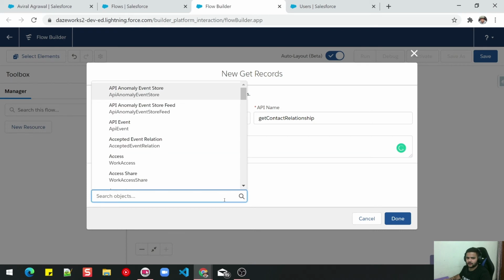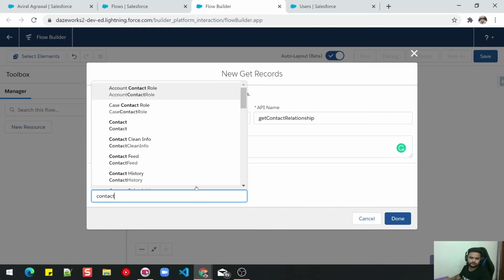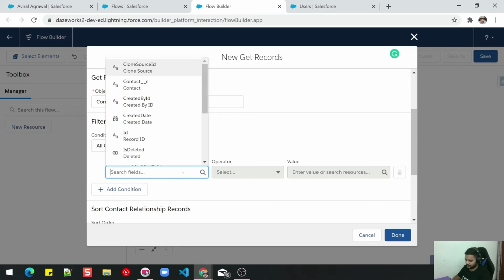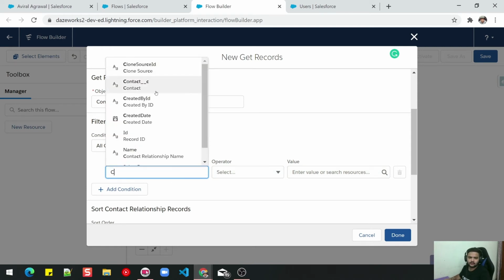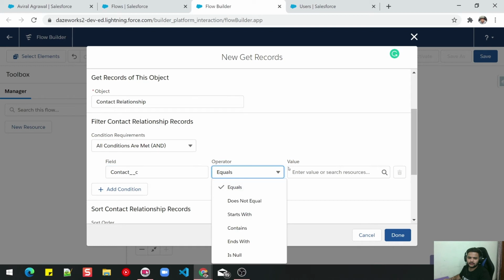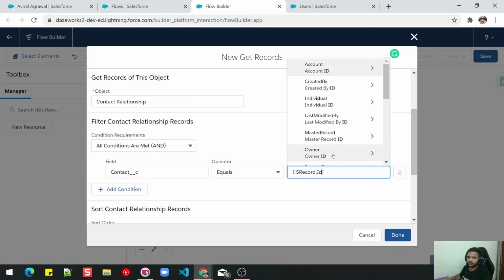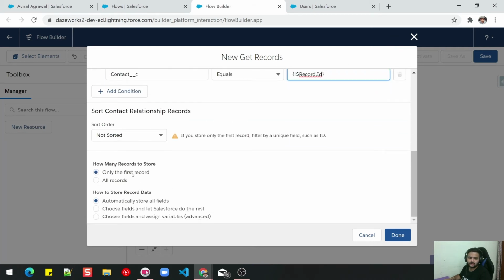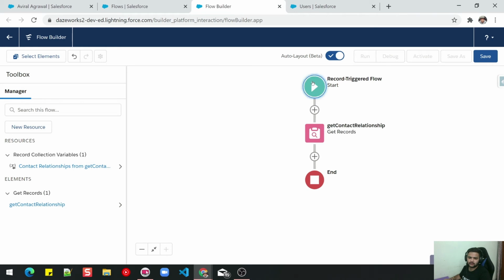I will fetch all the contact relationships where my contact ID equals my record ID. So $Record is the current record on which this flow is running, and I will select all the records, right? So I will get all the records here.